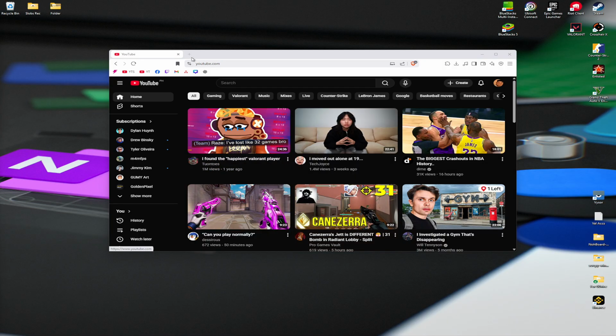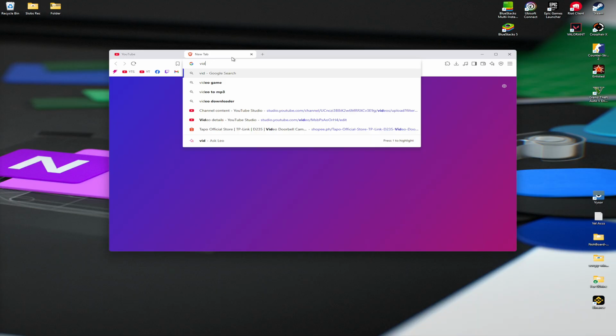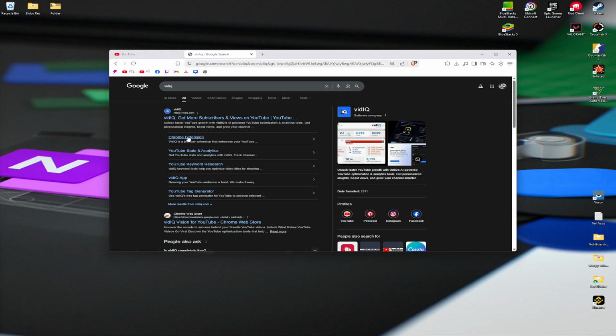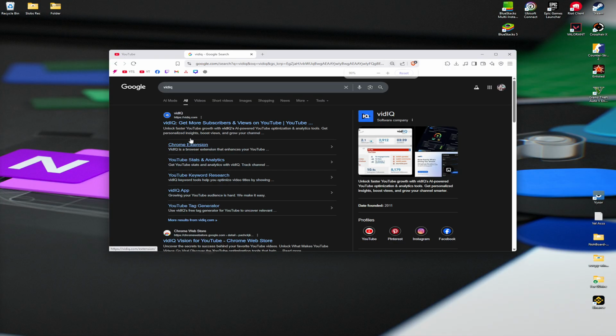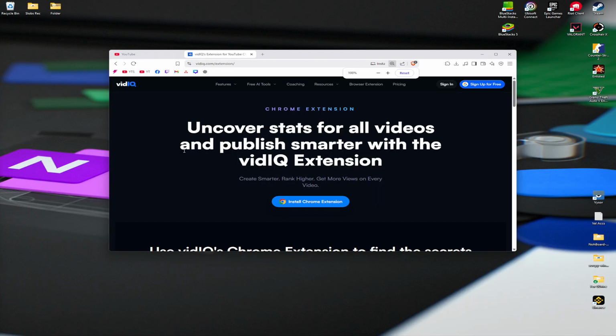So first up, go ahead and open up a new tab from your browser. Then just go ahead and type down VidIQ. That's it. Just hit enter. Now go ahead and click on Chrome extension. Click on it, wait for it to load. And then once it loads, all you got to do is just click on install Chrome extension right here. So just click on it,